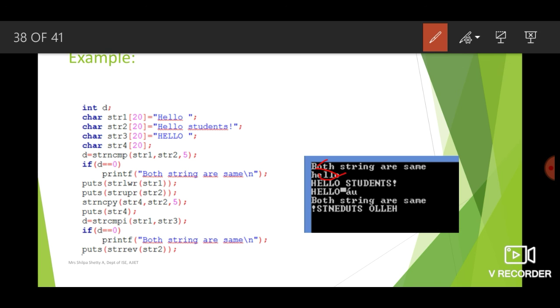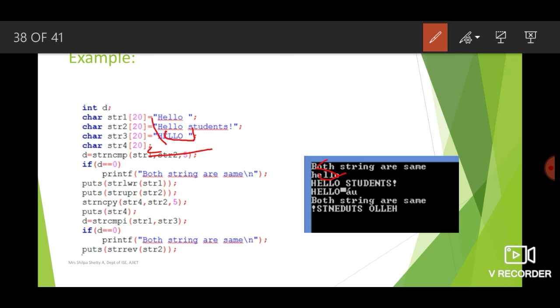strncpy means n characters from str2 are copied to str4. What is str2? Hello students. What is the count given? 5. So the first 5 characters from hello students will be copied to str4. So str4 also is now hello. Next, once this is done, we will display the values. So puts of str4.